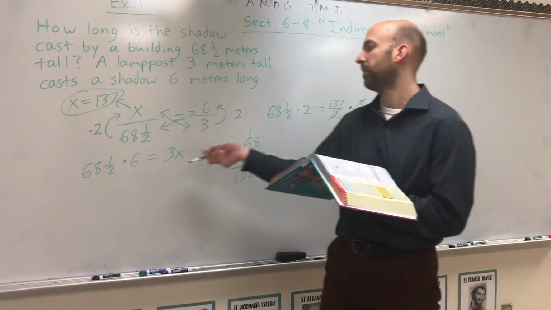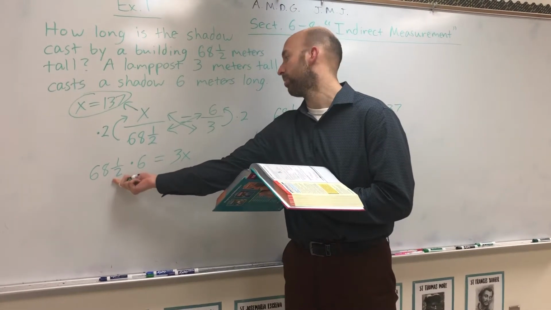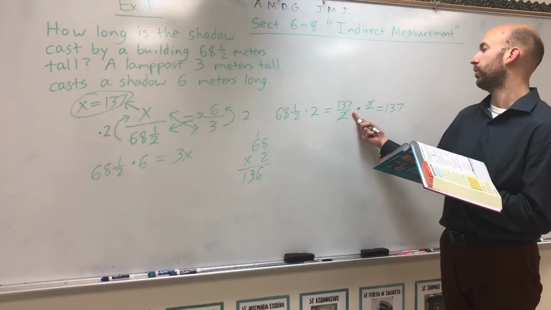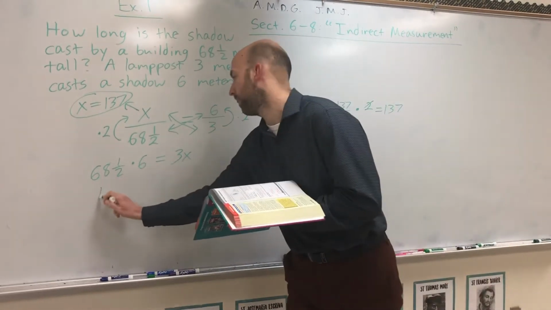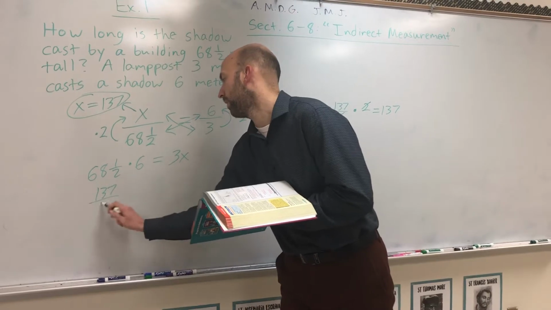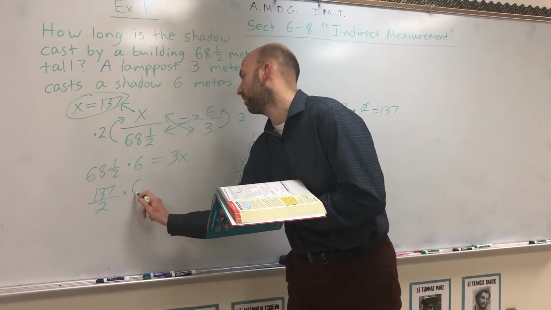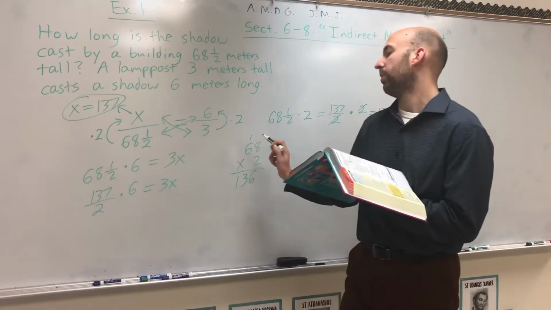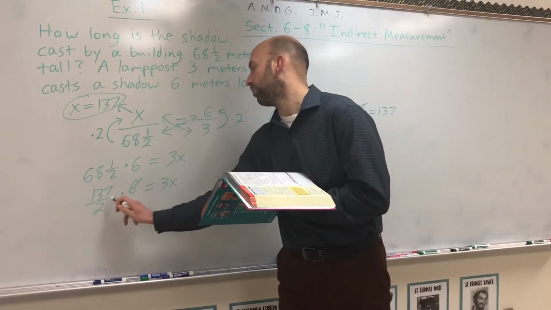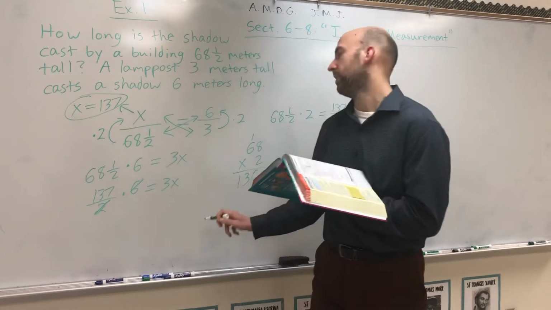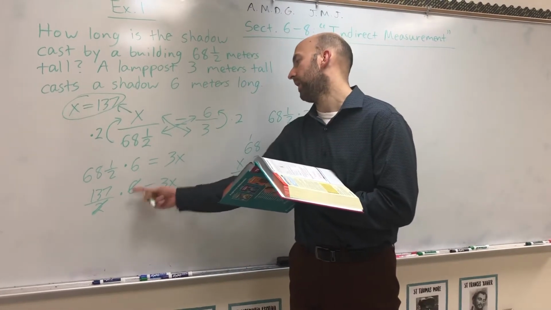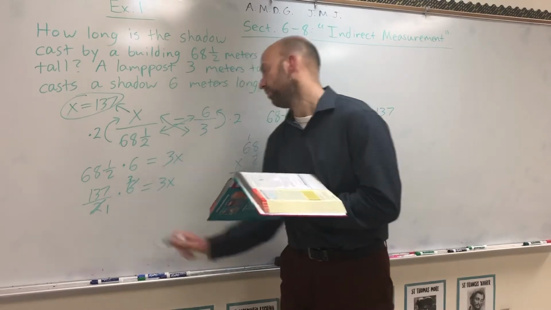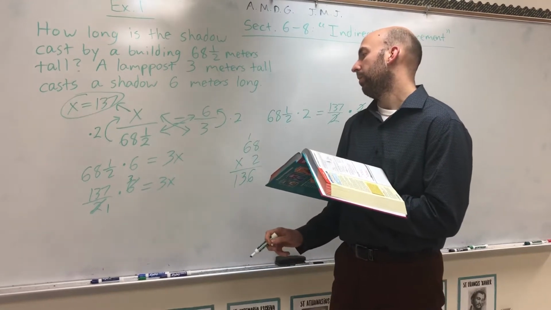And since we're multiplying, we need to convert that mixed number into an improper fraction, which we already saw over here is 137 over 2. Then times 6 equals 3x. You can cancel out 6 on top with 2 on the bottom, because each of those can be divided by 2 to get 3 and 1. So